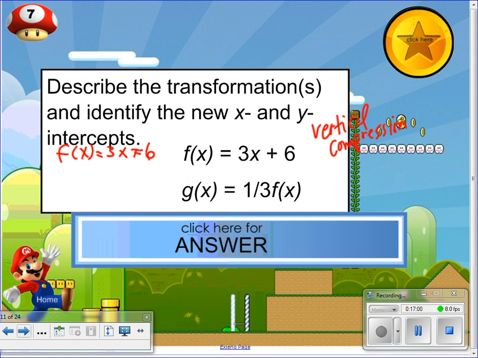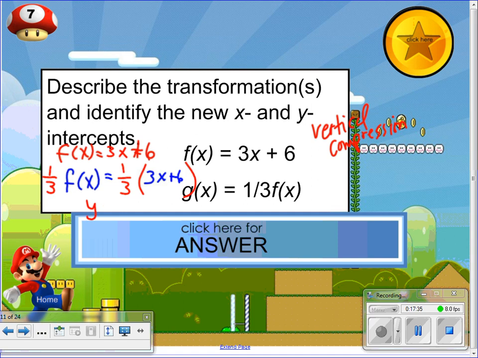Our new equation is 1/3 f of x. So 1/3 of this entire function would look like this: 1/3 times 3x plus 6. Okay, so our new function is going to end up being y is equal to, or g of x is